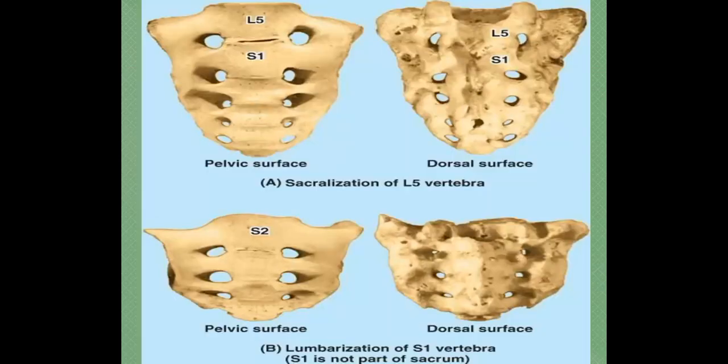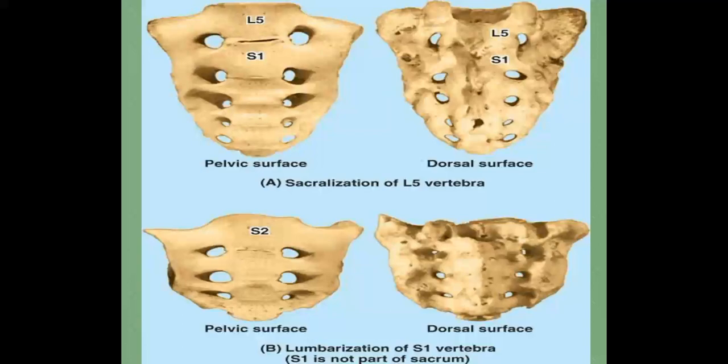So this is the picture. Picture A is showing the sacralization of the L5 vertebra. Anterior aspect and the posterior aspect both are visible. So the pelvic surface anteriorly we can see on the left hand side. On the right hand side we can see the dorsal surface, which shows L5 is fused with the sacrum,